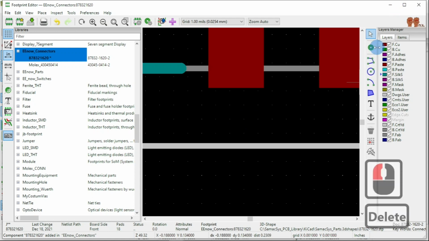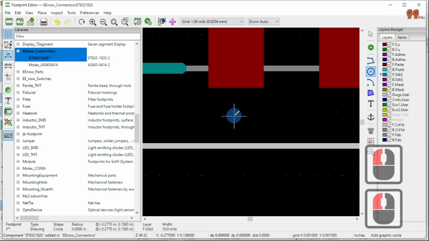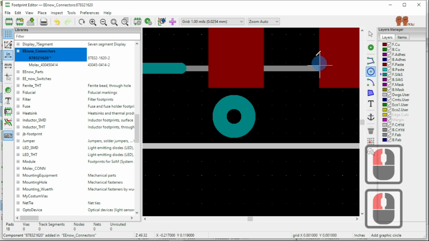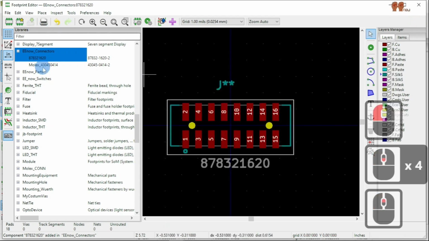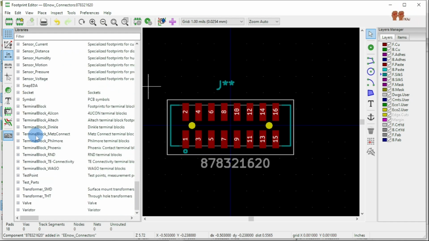Delete it. Make it something like that. Like that. So save it. So now it's here in that library, EE connectors, and try to make your own so it doesn't conflict with